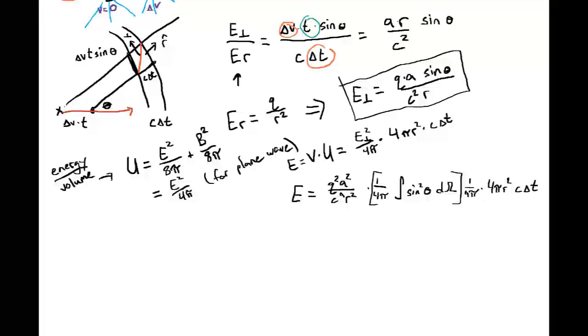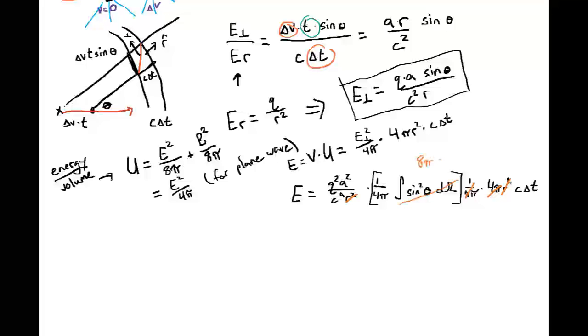So now algebraically, some cute things are going to happen. First of all, this r squared over here cancels with the r squared that is the surface area of our sphere. So the energy in this shell does not depend on the radius of this shell. And of course our 4 pi's cancel out over here, and our c cancels out one of our c to the fourths over here. So the only tricky part left is really what is the integral of sine squared theta over a sphere. And rather than getting caught up in the calculus of doing this, which actually isn't too hard, you can do it for yourself, or you can work it out numerically, this integral comes out to be